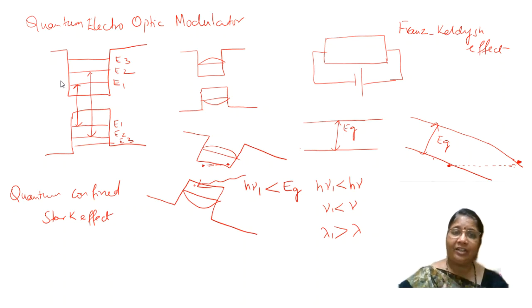So what is an electro-optic modulator? When applying an electric field, it brings about a change in the optical nature of the material. It can be a change in the frequency, it can be a change in the wavelength or whatever. So here you see there is a change in the wavelength and there is a red shift. So the Franz-Keldysh effect and the quantum confined Stark effect lead to quantum electro-optic modulators. The Franz-Keldysh effect is the bending of bands, and the quantum confined Stark effect is